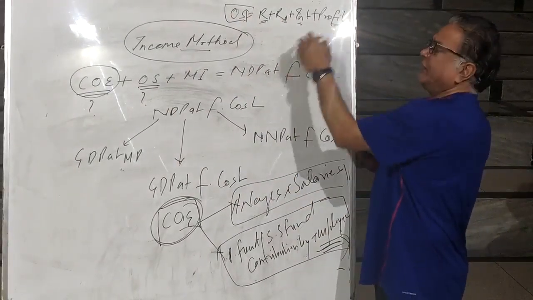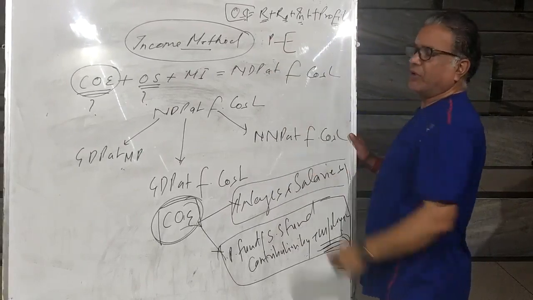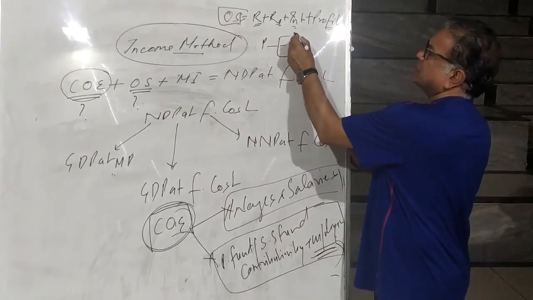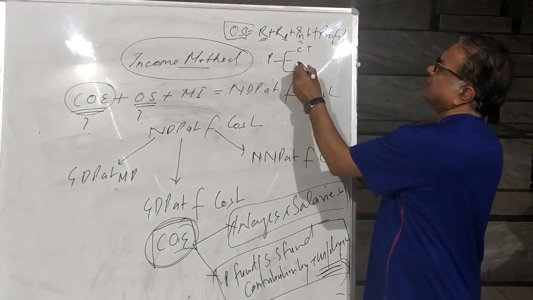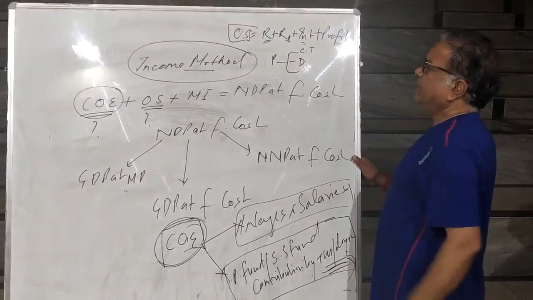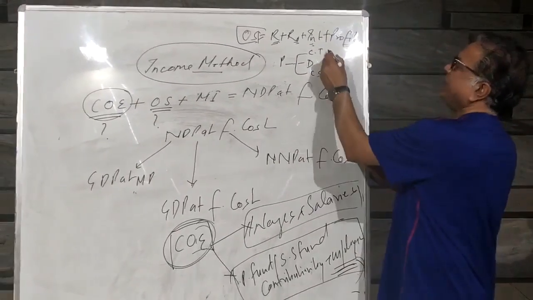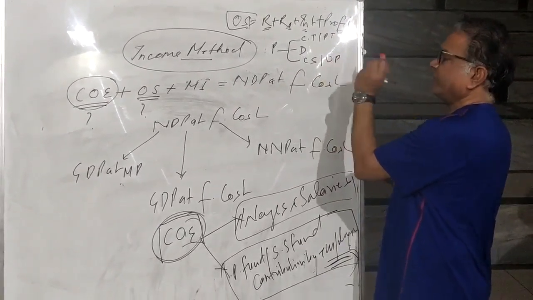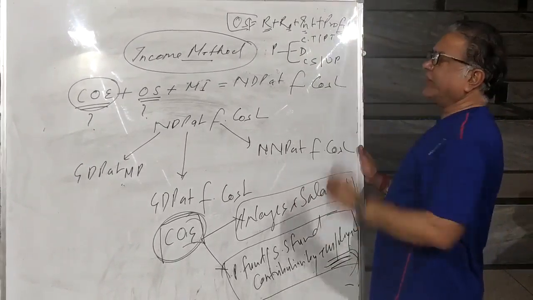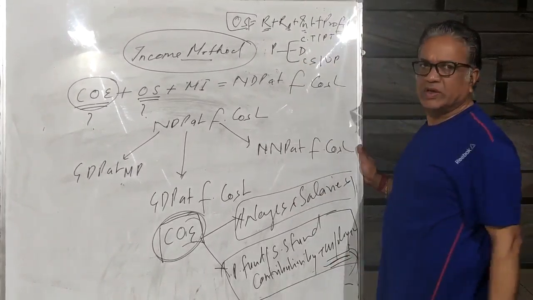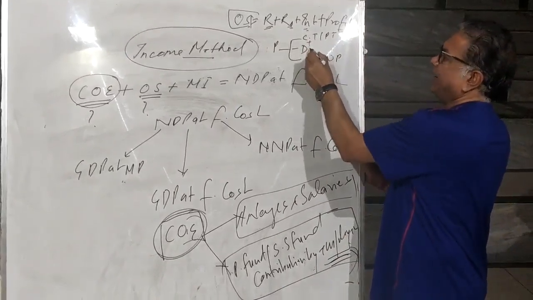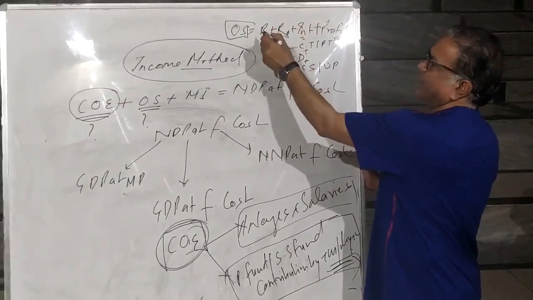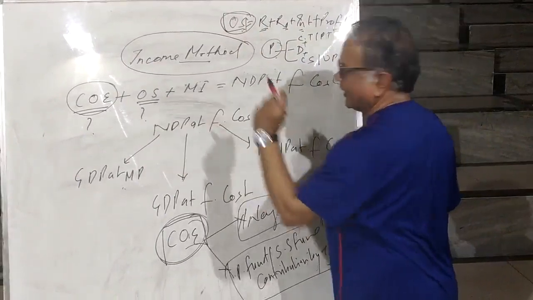If profit is not given, then he will give you further three components of profit. That we already discussed. What are the three components of profit? First is corporate tax, second is dividend, and third is corporate savings. Corporate tax is also known as profit tax, and corporate saving is also known as undistributed profit. So if profit is not given, then you have to look for these three items. And once you get these three items, add them. What you will get? Profit. Put the value of profit here and add interest, royalty and rent, get operating surplus and put this value there.